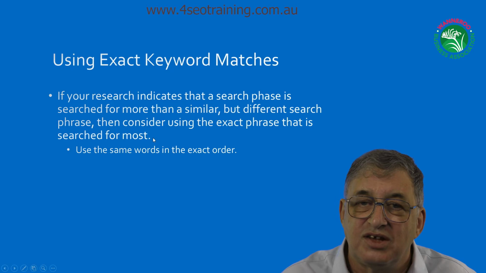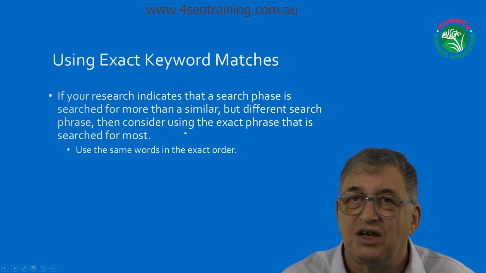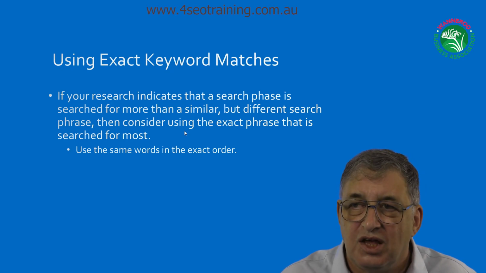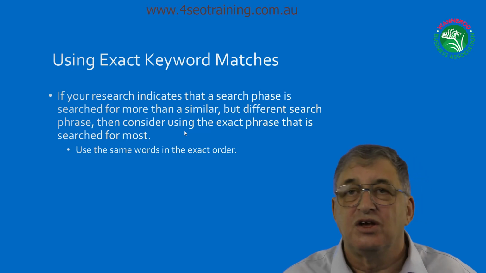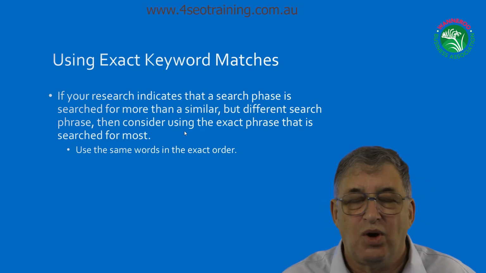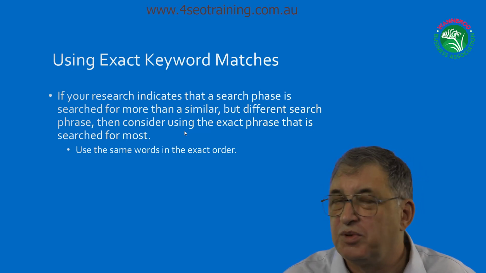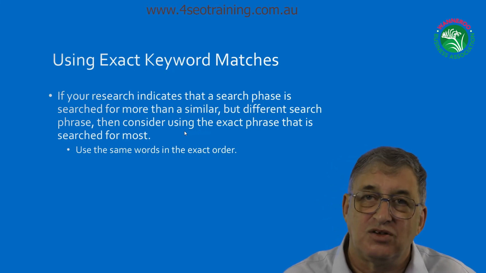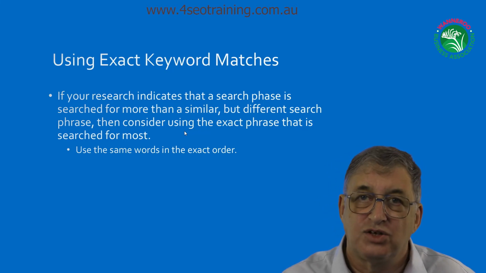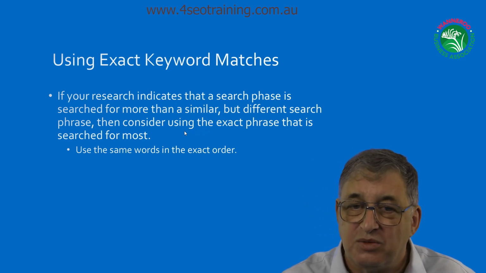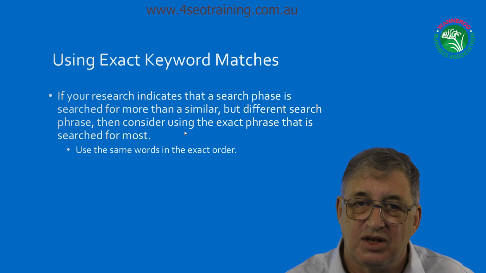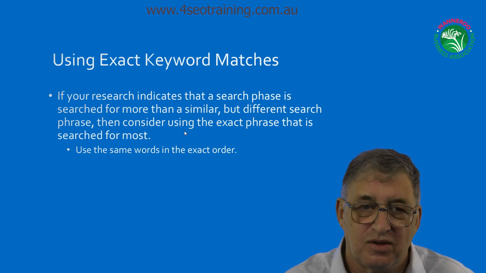Also, you can use exact keyword matches in your title. So, for instance, if you've done some research and you've found that maybe in my case, the phrase WordPress training seminars, a lot of people search for that, then my title should start off with WordPress training seminars, and then maybe a dash and something else. But right at the beginning, I put the important things. That's how you make titles work.